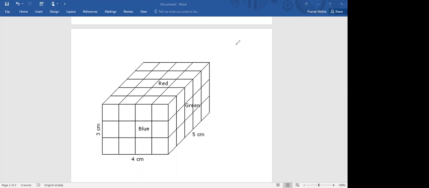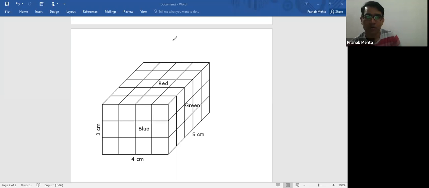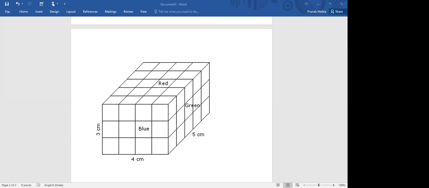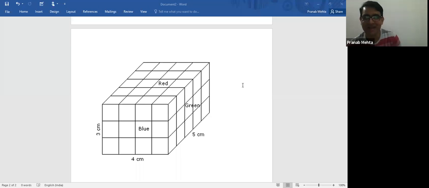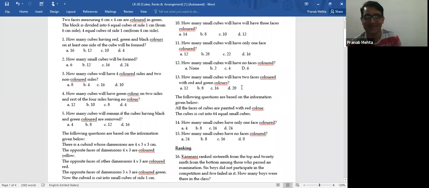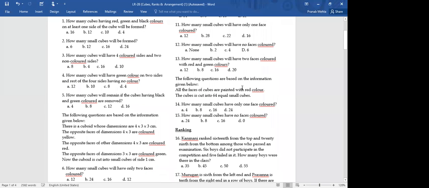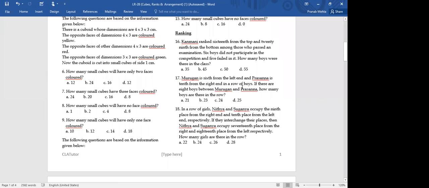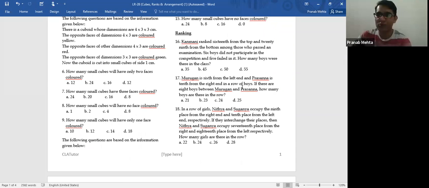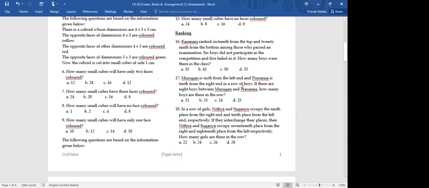I'm going to go with another one, because as I said, this is a pretty good handout. Sir, in the exam we will not get this type of diagram. If you get this diagram, everything is there in the diagram only. But don't worry. Once you start solving questions, your mind works. These are the most difficult questions, and the reason I've given them to you is so that if at all you get such a question, you can handle it. These are interesting questions. Forget about the exam. Your mind will be blown when you solve this kind of question.